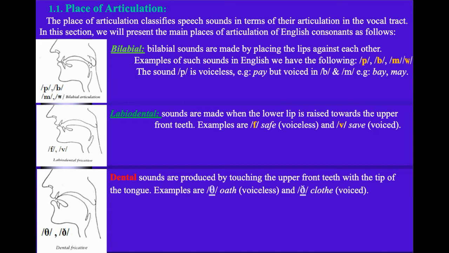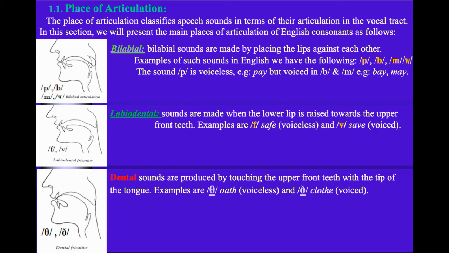As you can see in the figure, both lips contact each other and they stop the air either completely or partially. In p and b, we stop the air completely. In m and w, we stop the air partially. Labiodental sounds are made when the lower lip is raised towards the upper front teeth. Examples of such consonantal sounds are f, like in safe, which is voiceless, and v, which is voiced, like in